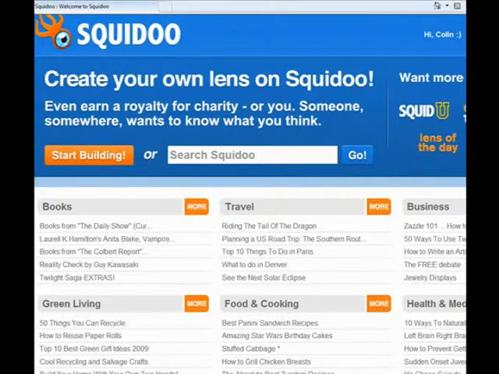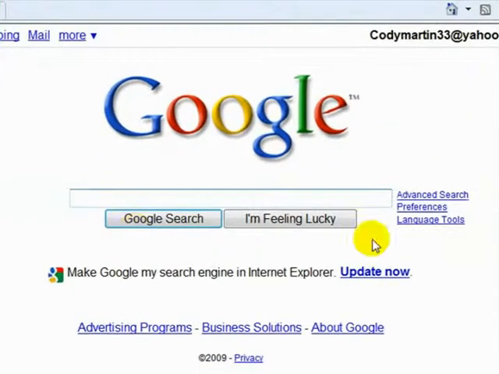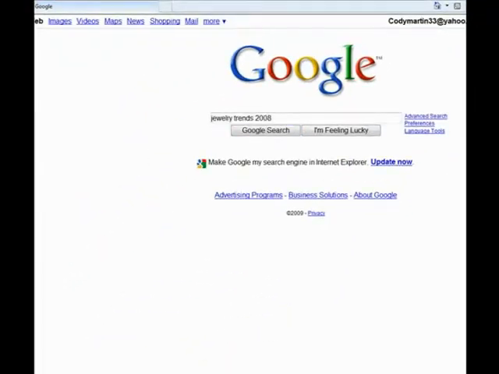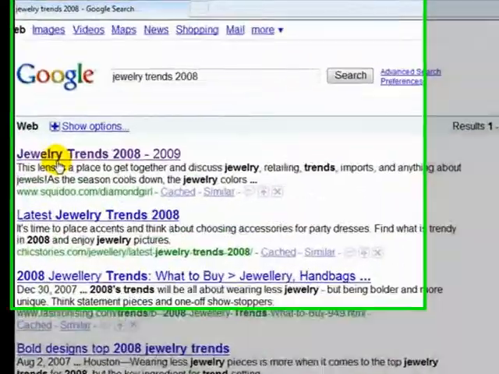But first I want to show you some of the power of Squido lenses, and we want to go to Google, and I want to show you a lens that I made for a client, and we're going to put in the keywords jewelry trends for 2008. I'll go ahead and click search. And right here you can see this is the #1 position, and I've got the jewelry trends lens on a